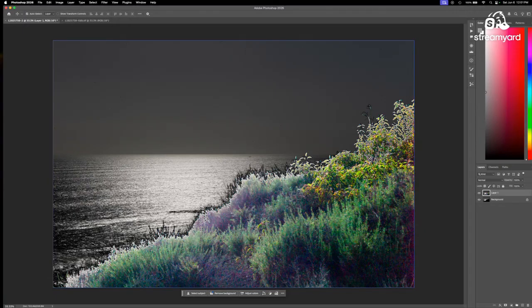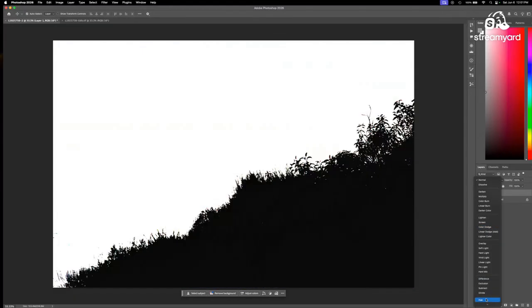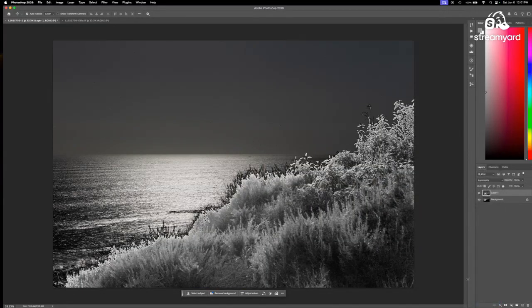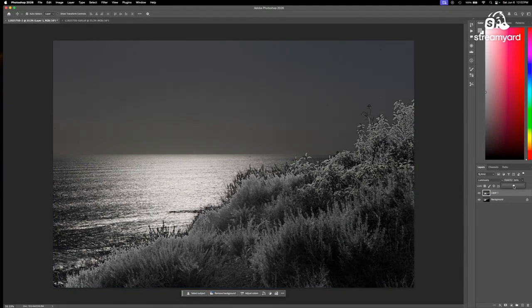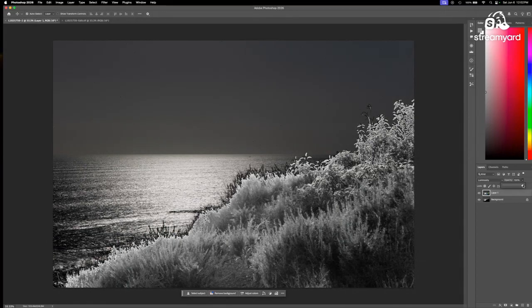You might stop here. You might not even forget the background image. It's kind of interesting what we've done. But if you want that sort of solarized look, you go back to the luminosity function. And now it's kind of nice here. We have this sort of black and white and contrast, almost like a white and black image. You can decrease the opacity a little bit if you like. I actually like that at 100% opacity.